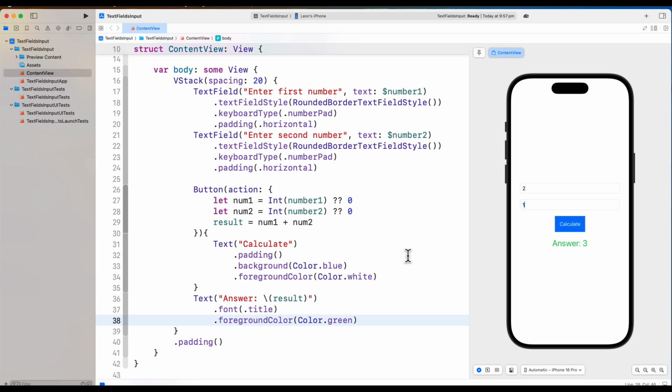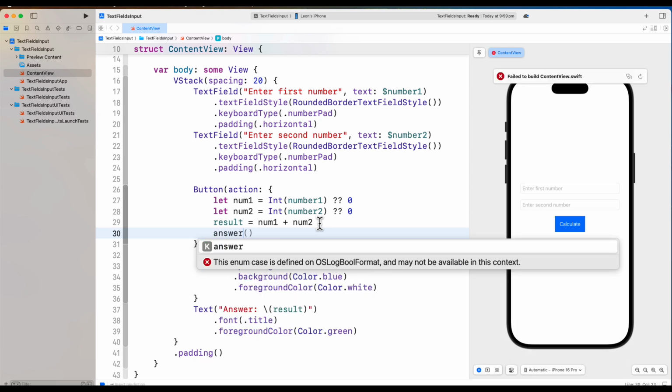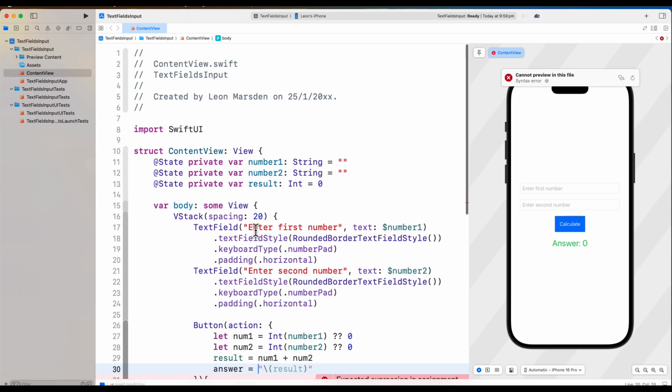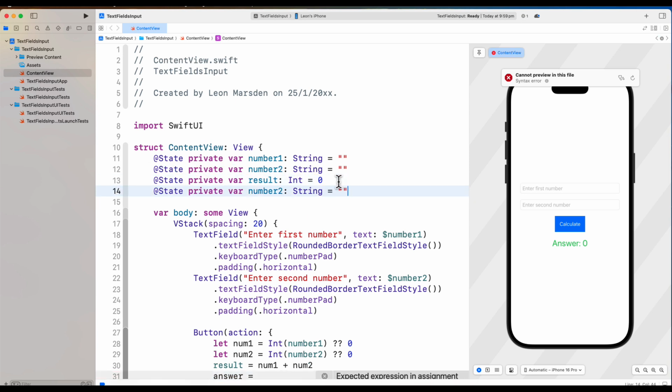So there we go. Now we can actually do a more complex output string. So we could actually create more information for the user. So at the moment we're just generating a result. So this is a bit of an extension. If we wanted to in here, we could actually make answer, and it's going to be equal to something. But before we can get too carried away with the answer, we need to go at the top here and create the variable or the state for it. And it's going to be a string, because I want to put 2 plus 2 or whatever numbers they type in and then show that to the user. So I'm going to put answer here,